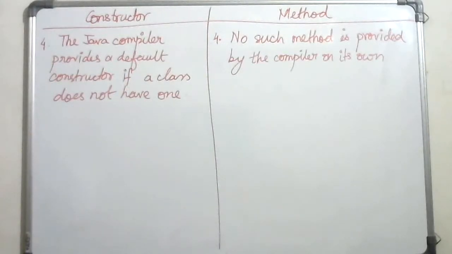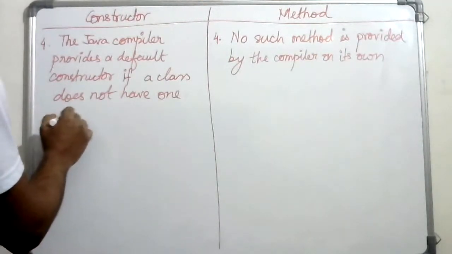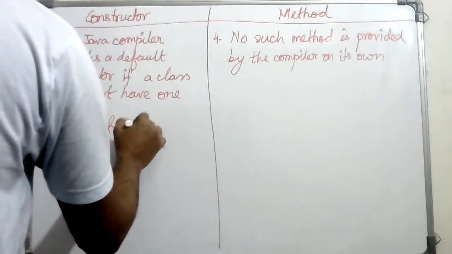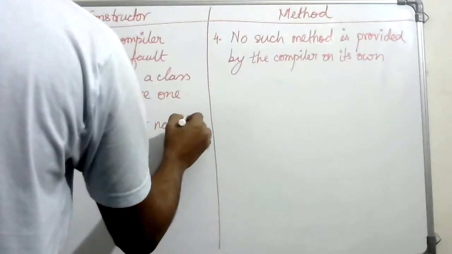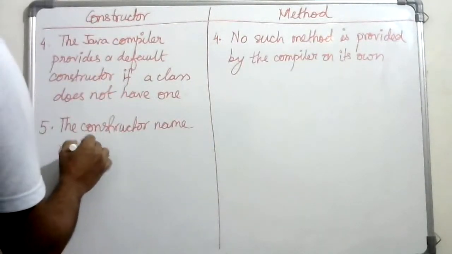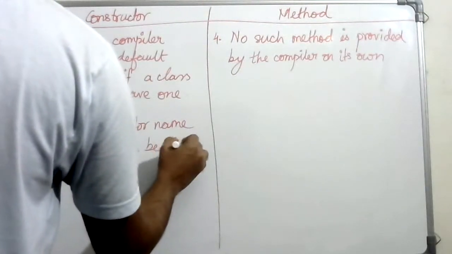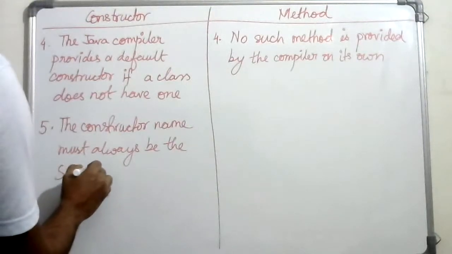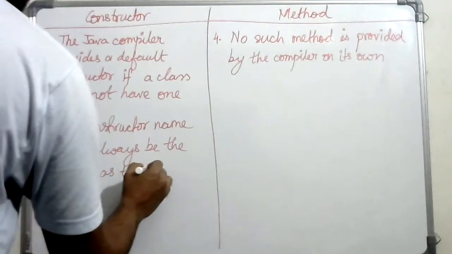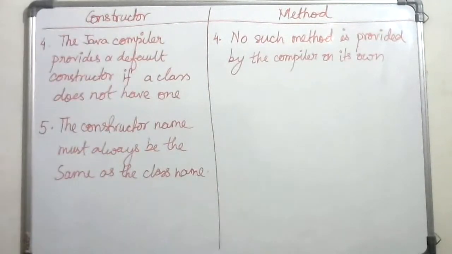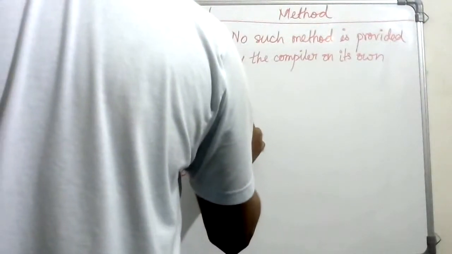And the fifth and final difference is the constructor name must always be the same as the class name. The constructor name must always be the same as the class name, whereas